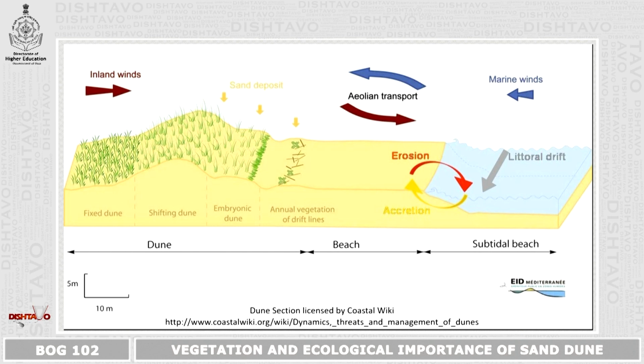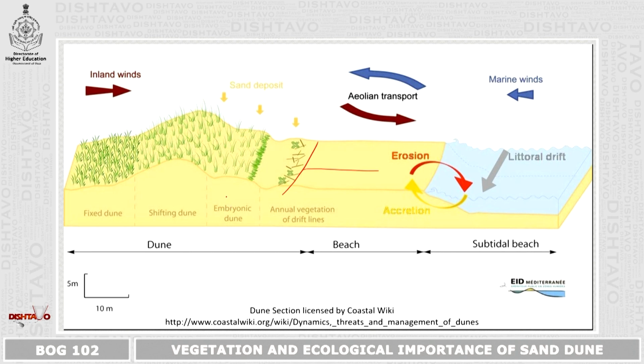So as it is formed, you can see in the diagram, there is a line over here. This is a beach line. So soon after the wave action starts the formation of the sand dune. And the vegetation that comes forms the line, a drifting line, from which the vegetation will start taking shape on a sand dune. You can see the shape of the sand dune as well.